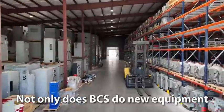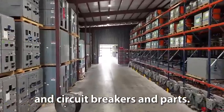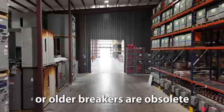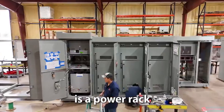Not only does BCS do new equipment, but for the last 26 years we've done used reconditioned switchgear and circuit breakers and parts. So if you need any parts or older breakers that are obsolete, we also deal in those as well. Here are some of our reconditioned equipment, and there in front of you is a power vac NEMA